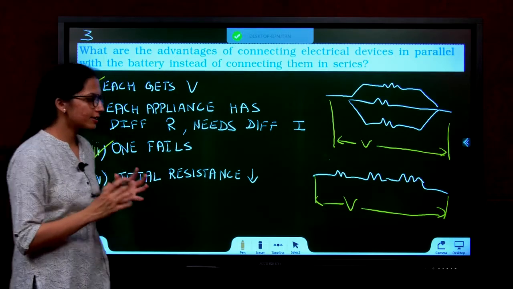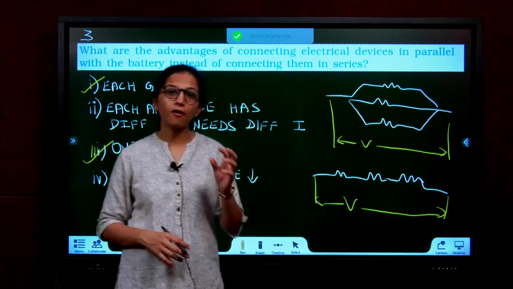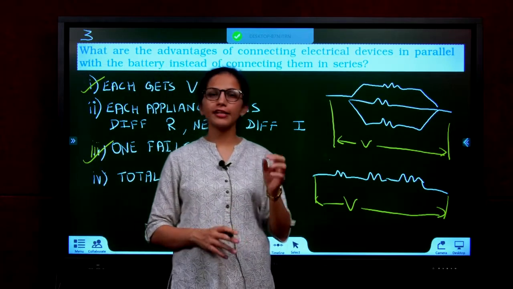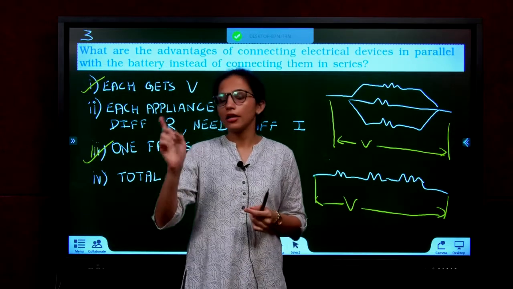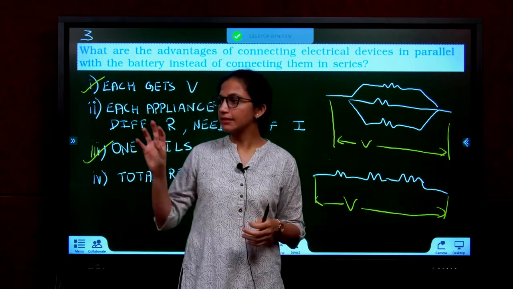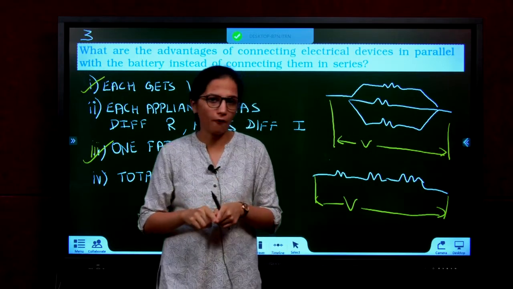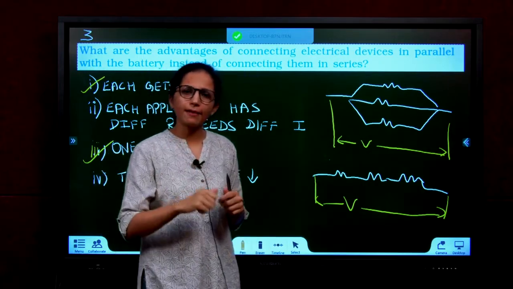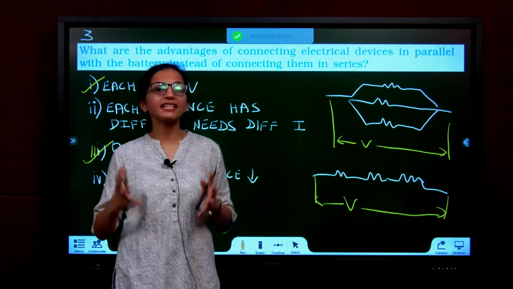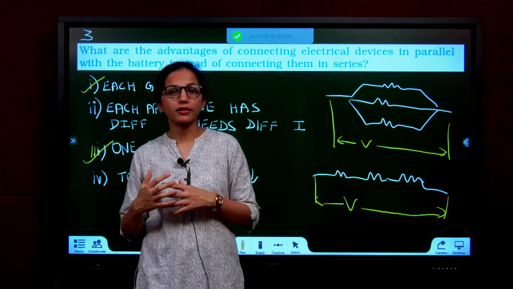Now coming to understand something about current. Your refrigerator needs a lot of current. Your geyser needs a lot of current. Have you seen in your house, geyser, refrigerator, all these plugs have a big switch? It's called a 15 amp point. So why does it happen like that? Because those devices need large currents. They want too much current.